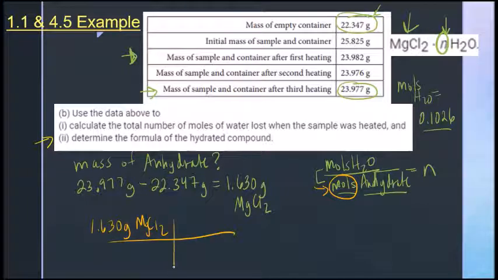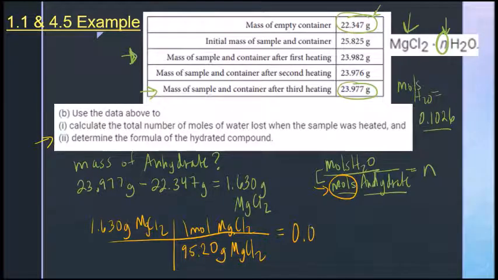MgCl2. Now the molar mass of magnesium chloride: magnesium is 24.30 on the periodic table, and the chlorine is 35.45 times 2. So the calculation there ends up giving you 95.2 grams MgCl2, and then 1 mole MgCl2. We calculate this, do the math, divide it out, and we end up getting moles of